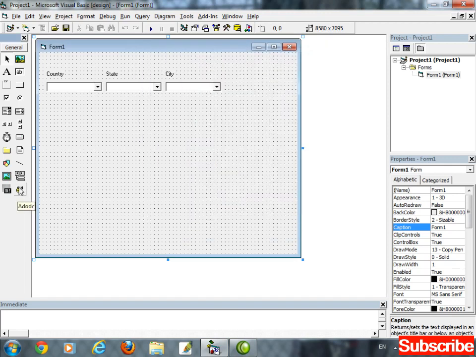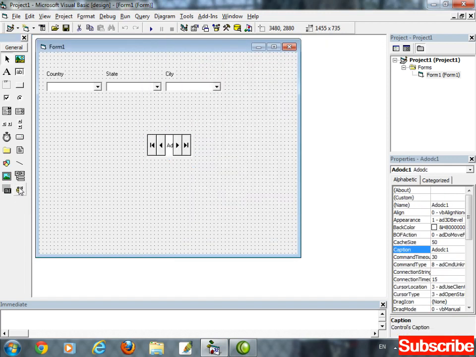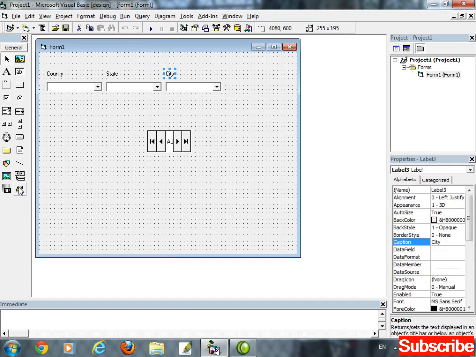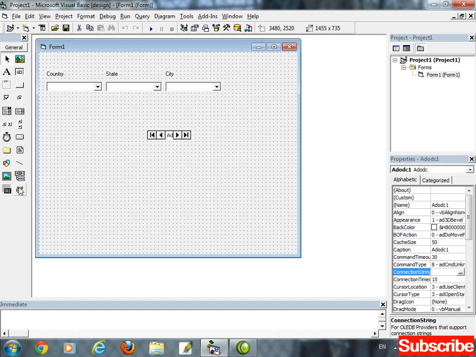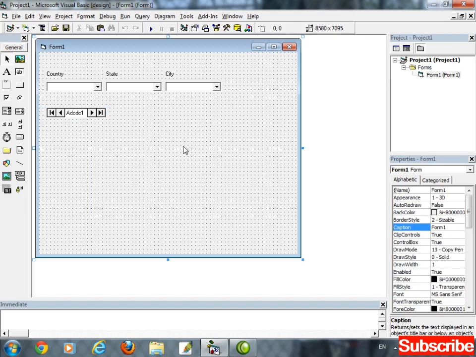Double click on the new tool. The name of this control is ADODC1. Okay. Now just right click on the control. Okay, first save the project. Control S.